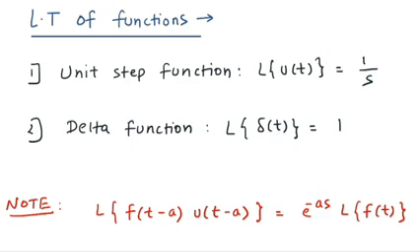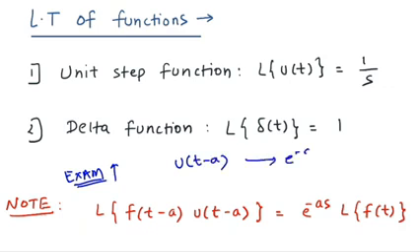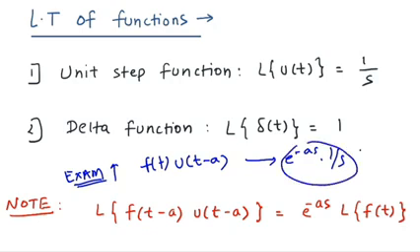But there is one problem in the exam. In the exam, the level is again something up level. How? If your function is multiplied to this shifted version. Let's say u of t minus a, you know the Laplace is what? e raised to minus as into 1 over s. What if a function is multiplied to this u of t minus a? Now you cannot say the answer would be e raised to minus as into 1 over s and Laplace of f of t. This is not true.